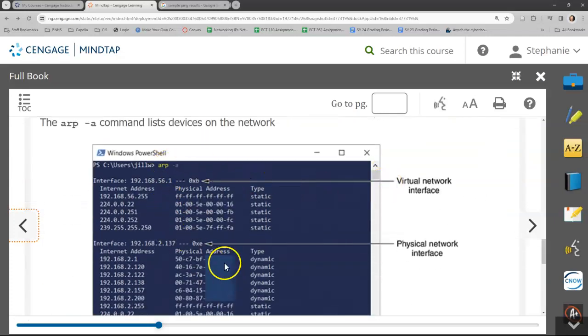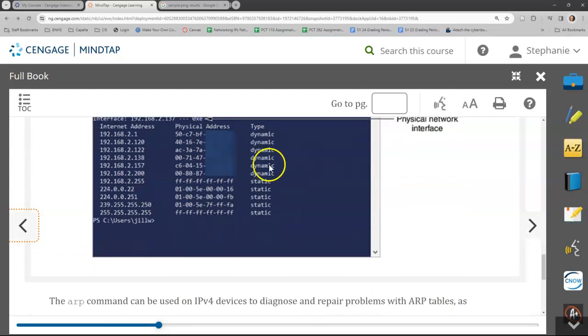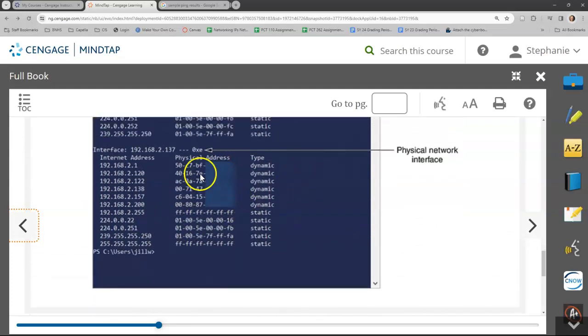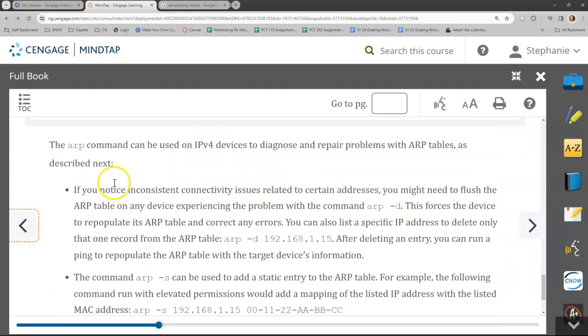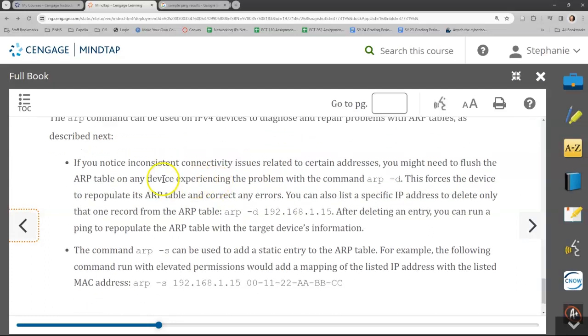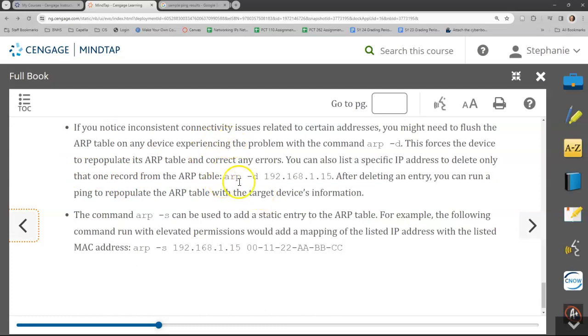And then you can see here they show you the ARP table. I probably should not have shown you my MAC address. The ARP command can be used on IPv4 devices to diagnose and repair problems with ARP. So that's what I was talking about, arp -d and arp -s